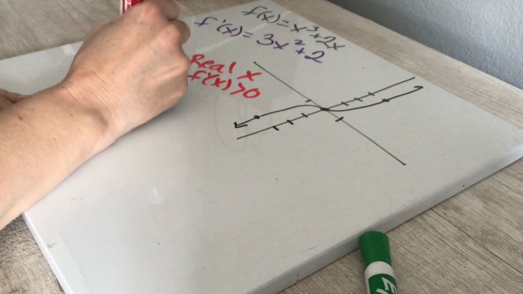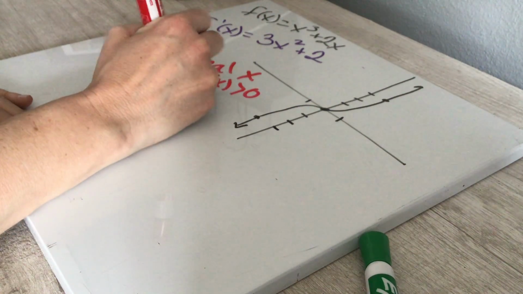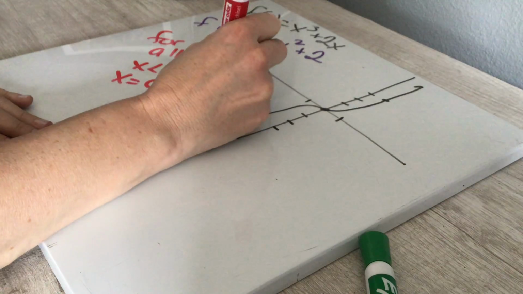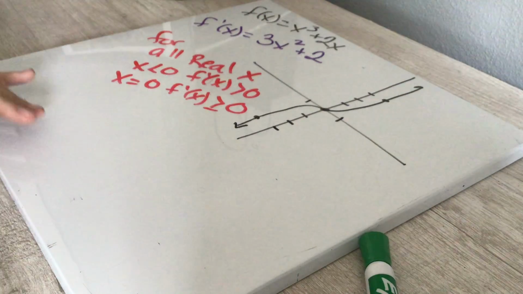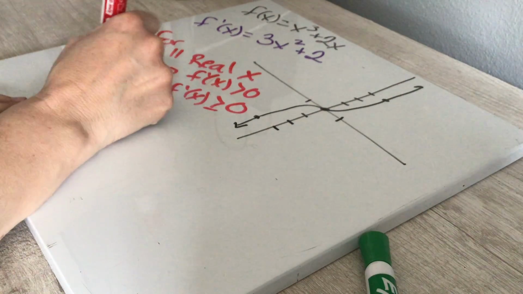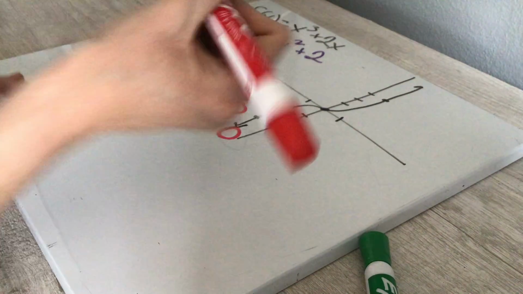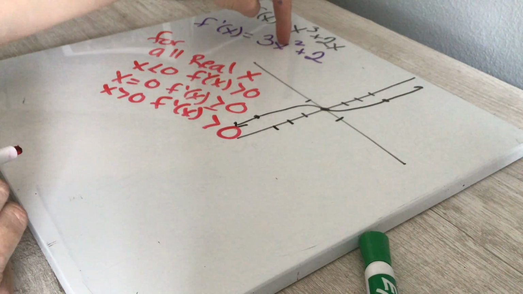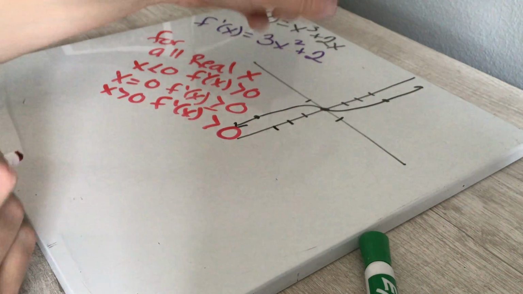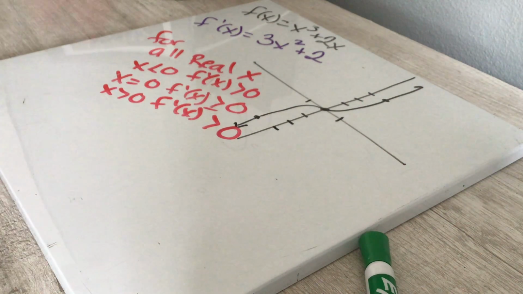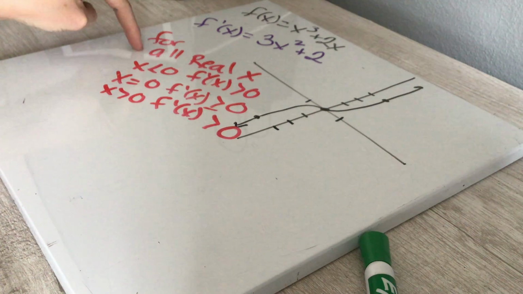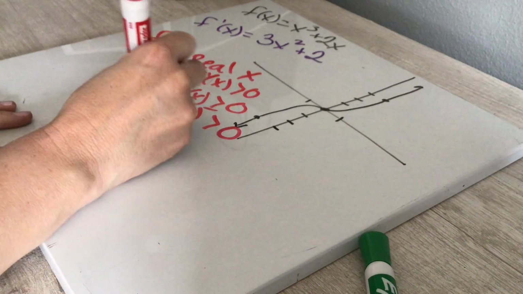When x equals 0, technically the derivative is equal to 0. And then when x is positive, the derivative is also positive because it's a positive number squared plus a positive. Okay, so what that tells us is that for all values of x, the derivative